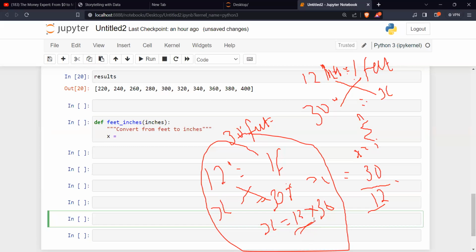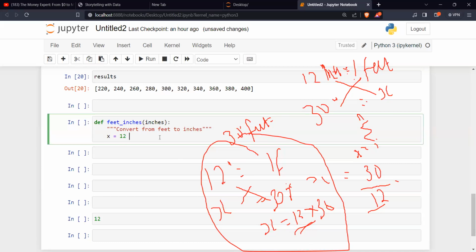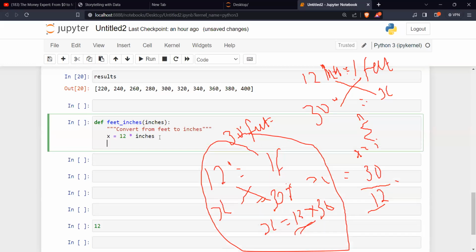The constant 12 times the inches, right? 12 times what? The inches.